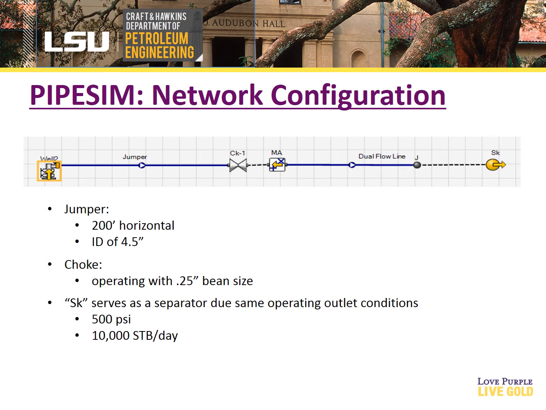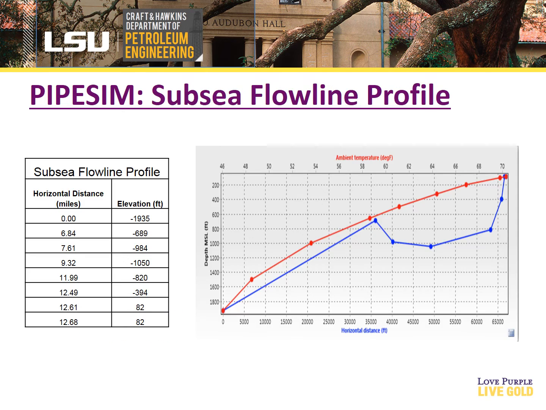We connected the manifold to a sink using our dual flow line. We utilized the sink as our separator because its outlet limits our production to 10,000 stock tank barrels per day and 500 psi. This is the same conditions given our separator in the base case scenario. Following the manifold, we installed a dual flow line and implemented the seabed profile with the data given to connect